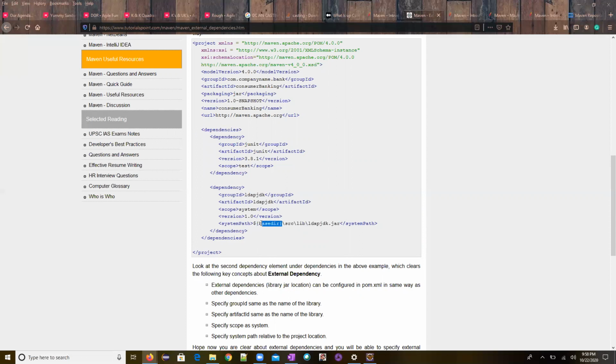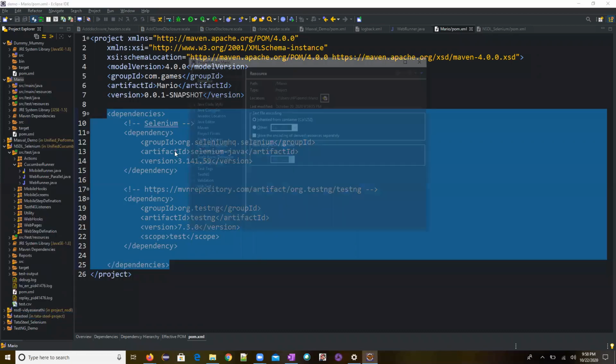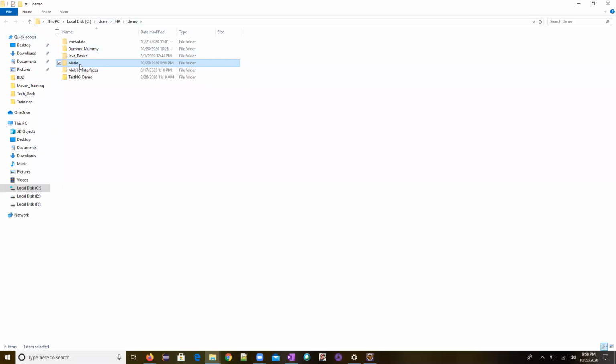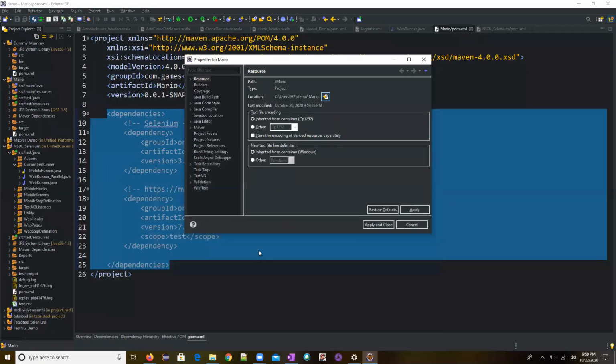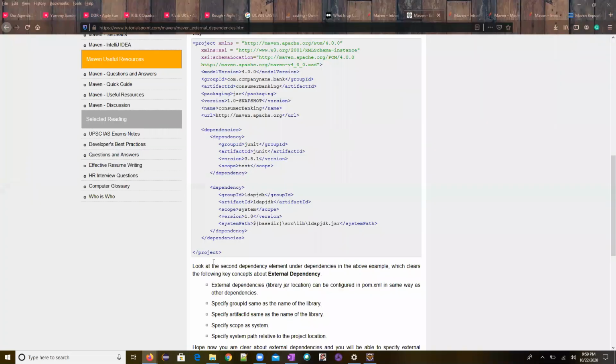What do you mean by this $ base directory? It is the local system path, the current project. What is our current project path? Here, right click, Properties, and you see it, right? This is C:/Users/..., where my project has been residing. You don't need to give the full C:/Users path every time. Rather than that, we will give this as $ base directory, which is nothing but your project base directory, followed by /src/libs.